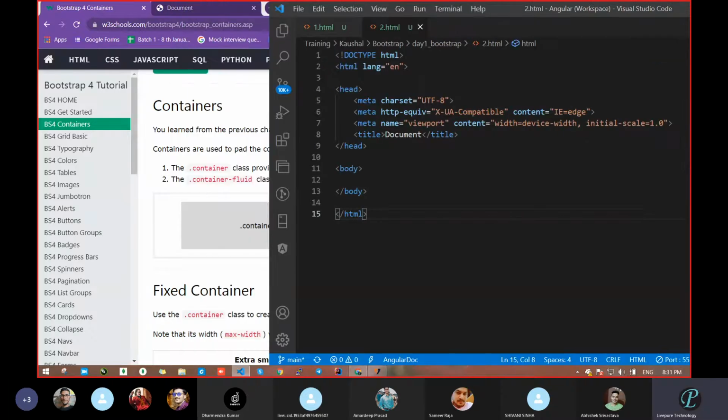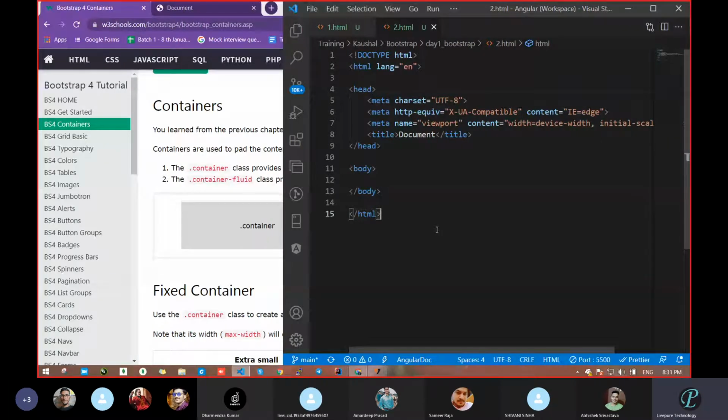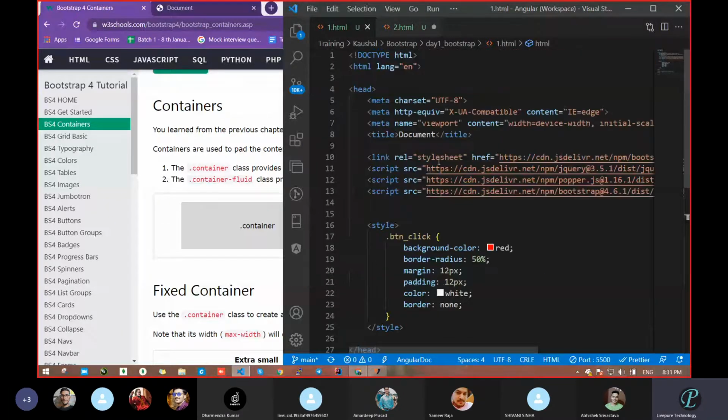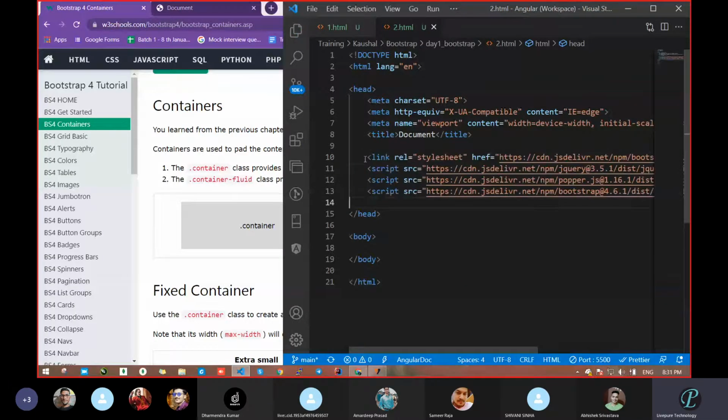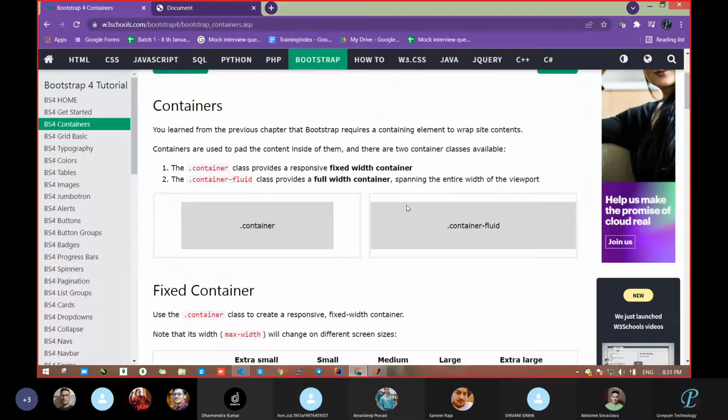Will this work directly or do I have to do anything? Link, sir. Bootstrap. We have to pass a link again. So how will we pass? Just copy this link, whatever link we had added here, and paste here. That's it. Got it?